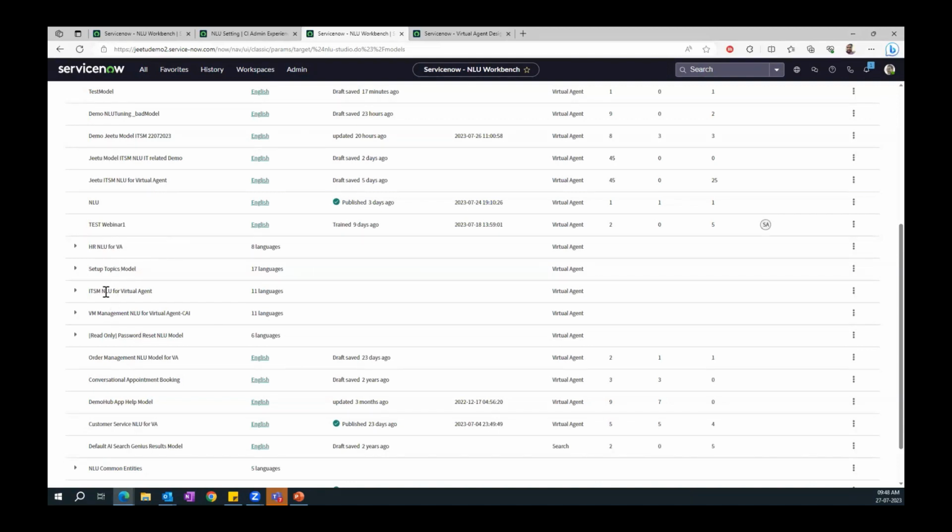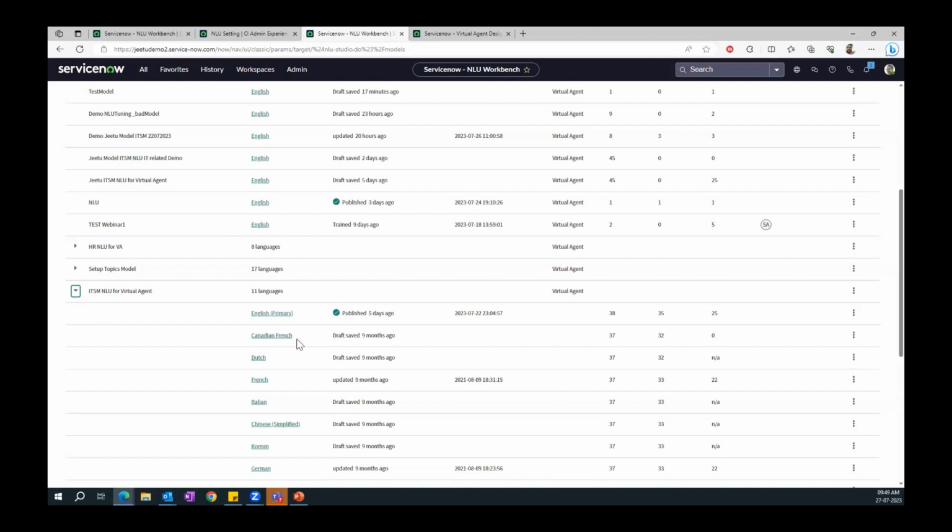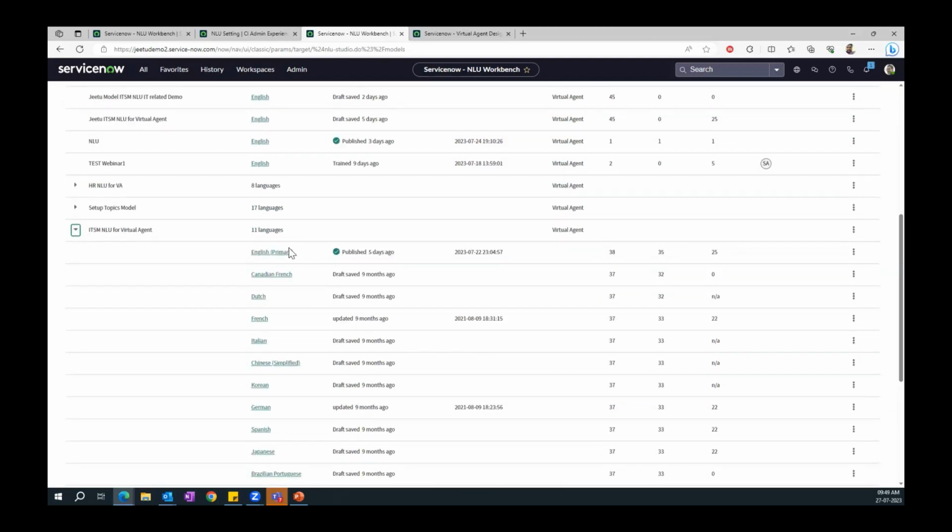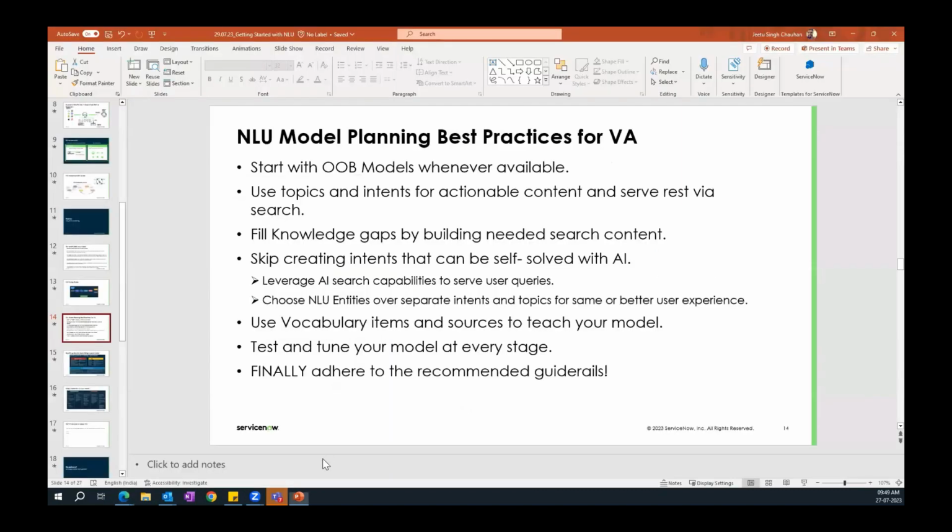About HR related, ITSM, and you see these are the models in different languages. So on day one, you don't need to create your fresh model. Better to utilize those models. Of course, you cannot change anything in these models because these are read-only. But what you can do, you can duplicate these models and make the relevant changes for yourself. So I will encourage to use the out-of-the-box models.